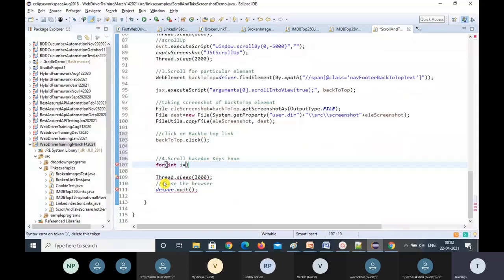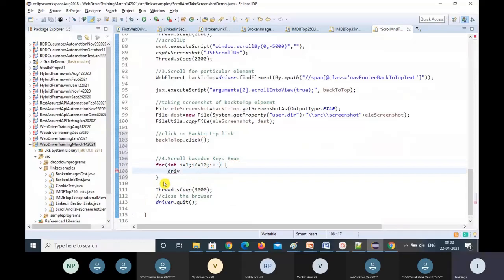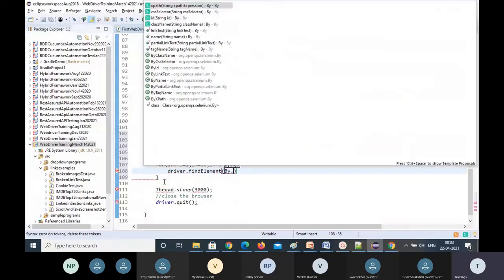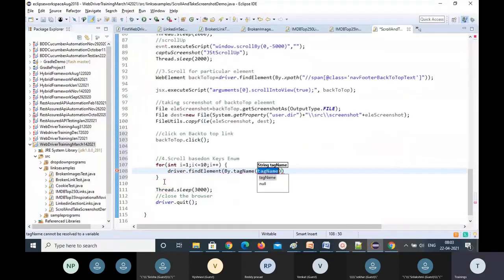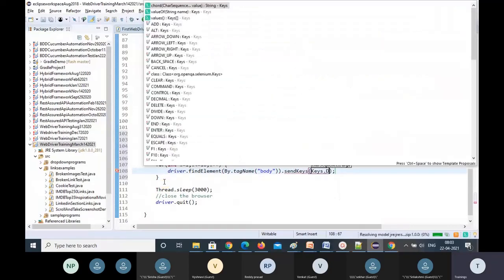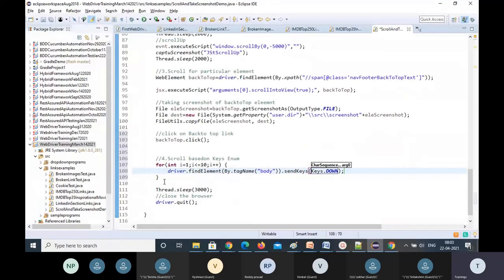I can use int i equal to 1, i less than or equal to 5, i plus plus. Then it will scroll a little bit. Otherwise, even 5, I'll put 10, so that it will scroll down 10 times. So I can do driver dot find element by dot tag name, it's a body tag. So body means entire page. Dot send keys dot down key. So down key you send it.